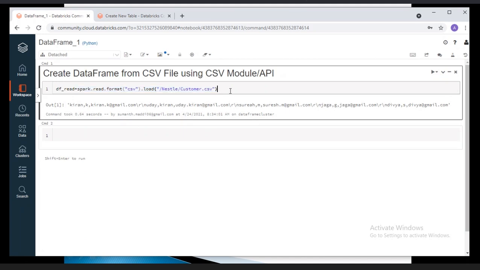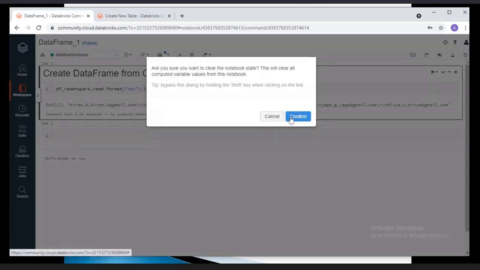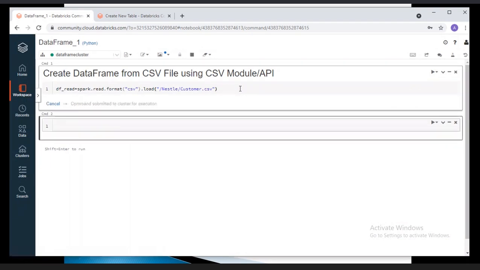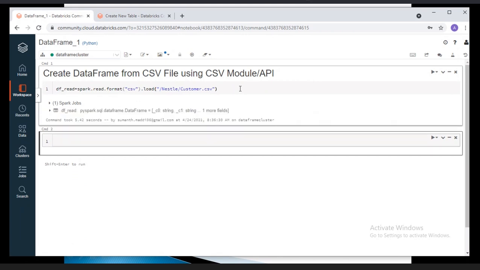Let me execute with shift enter. Here the data frame has been created.